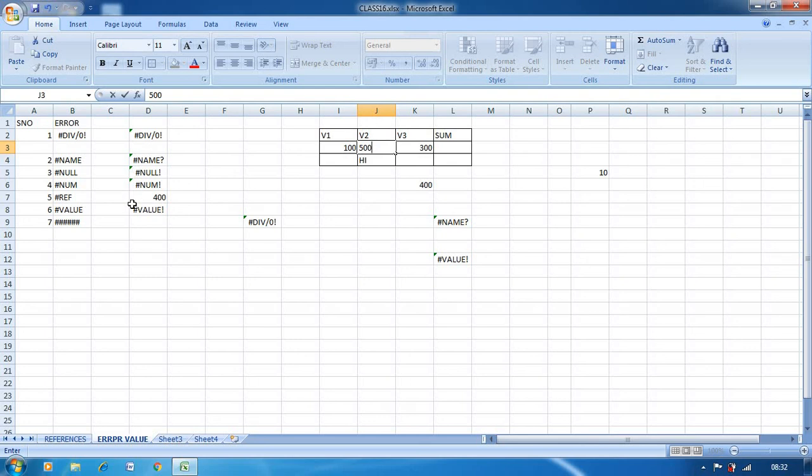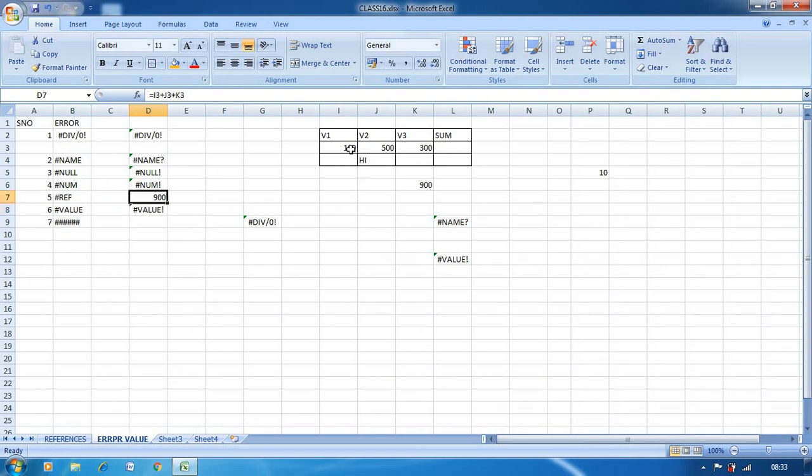So automatically the result will change. Equal to I3 plus J3 plus K3. It becomes 900.